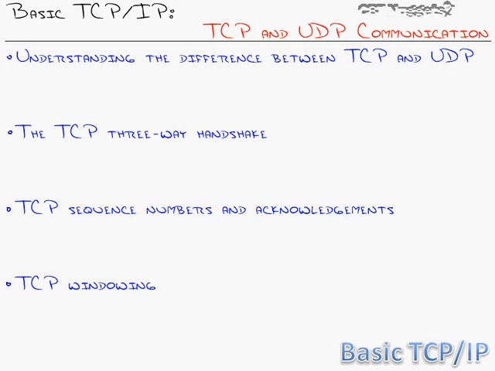So we saw, as we walked through this, the difference between TCP and UDP, and it is a big one. TCP being a reliable method of communication, UDP just sending it in hopes that it gets there. We saw the TCP three-way secret handshake that allows the session to establish. Then we saw the sequence numbers and acknowledgments that allow you to keep all the data in order between end to end and make sure that the data got there as it requests the next section. Finally, we saw TCP windowing, which allows you to be more efficient when you send, so you don't just have to send one packet and get an acknowledgement and